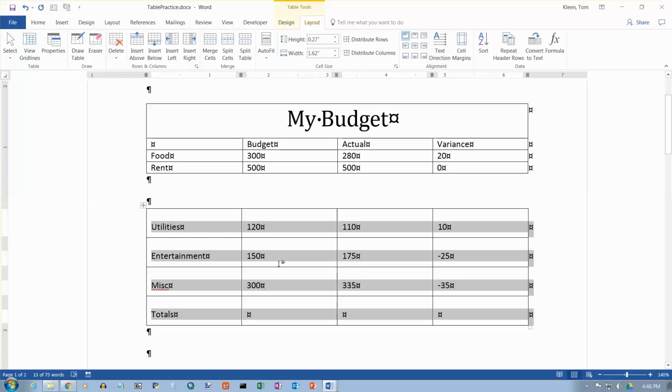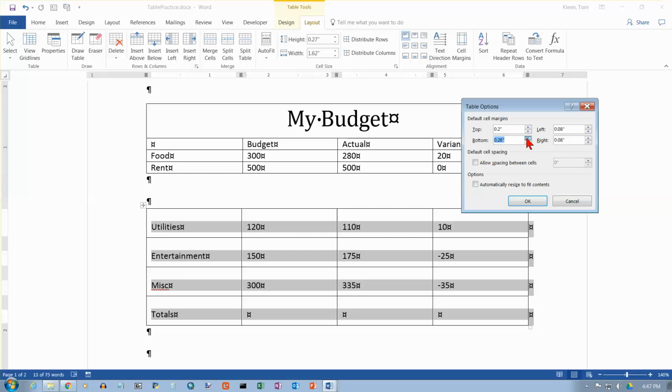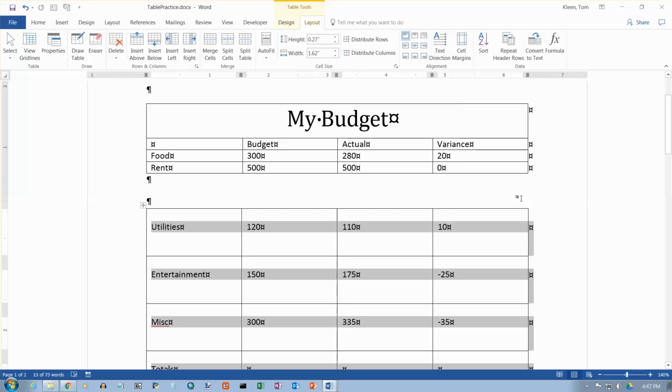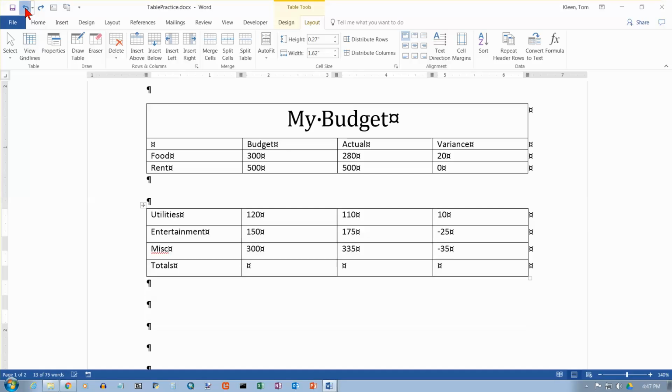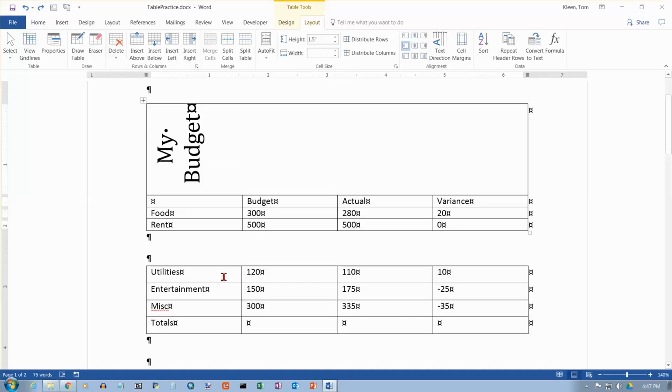And you'll see the margin is the white space. And I have more white space on the top of each row now than I did before, and that is because of what I did with the top margin. If I do the same thing down here on the bottom margin, we went way too far on that. Let's just make it 0.3 and click on OK. Now I've got more space on the bottom, and the gray just covers the actual text. Let me undo a couple of those things here. Okay, and so now we're back,